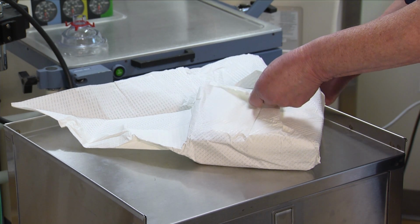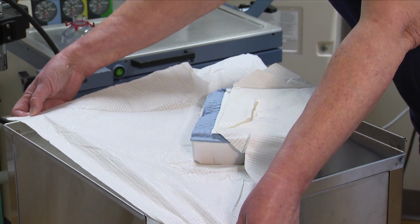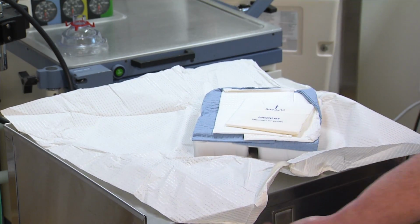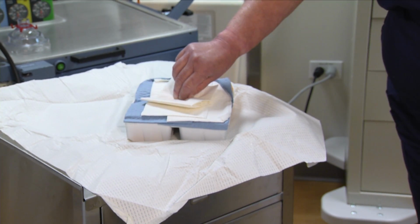Grasp the tab of the third corner and open it laterally, continuing to follow the rules previously outlined. Grasp the tab of the fourth corner and open it toward you, allowing at least 12 inches of space in all directions. If sterile gloves are included within the prep set, secure the glove package by pinching the center of